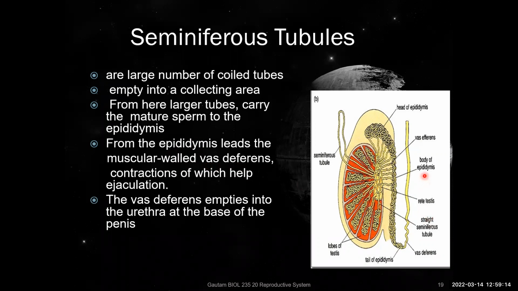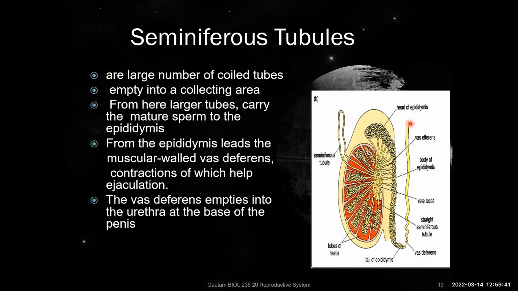So you have here our vasa efferentia that are draining into the epididymis. Then you have sperm that are going to be stored in the head of the epididymis. And then from there, they're going to enter into the tail of the epididymis, and then they're going to enter into the vas deferens. The vas deferens are going to then move superiorly towards the base of the penis. And from there,